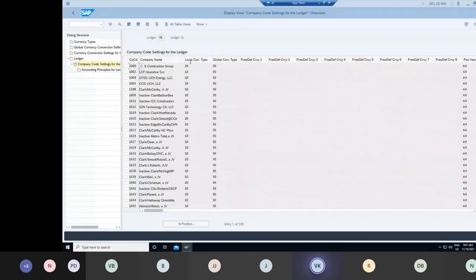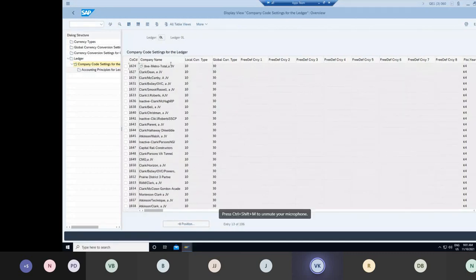see, they're using only two currencies. It's not that they have to use all those freely defined currencies. In this case, the business uses only two currencies: one is your company code currency and the other is the controlling area currency. They're not even using the third currency. So it again depends on the business, but it's the same setting that we have. Whatever we did, you will find the same settings here.